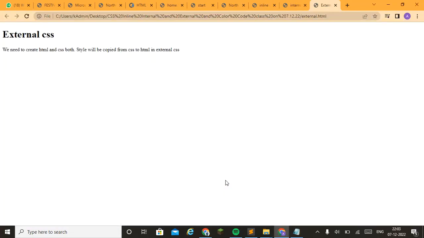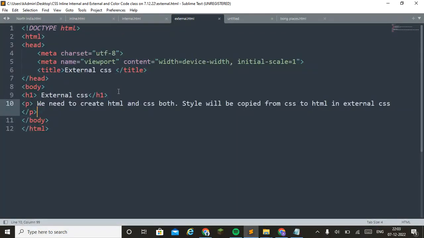There is no effect, so the effect will come from CSS. So how to link up? Look, watch this process carefully.